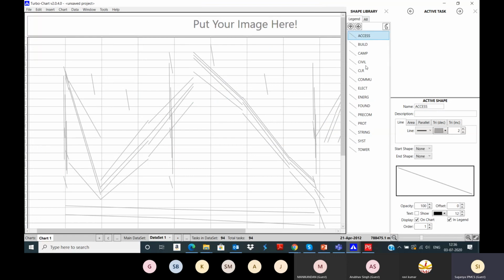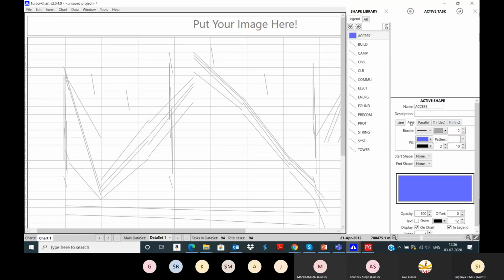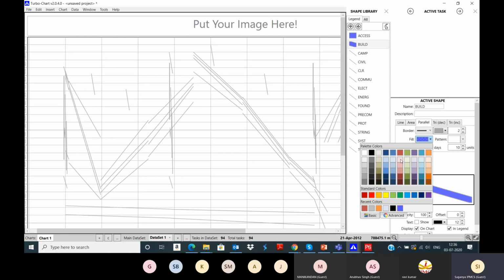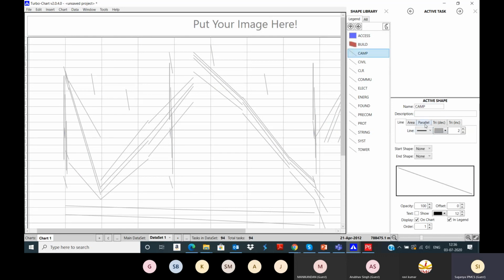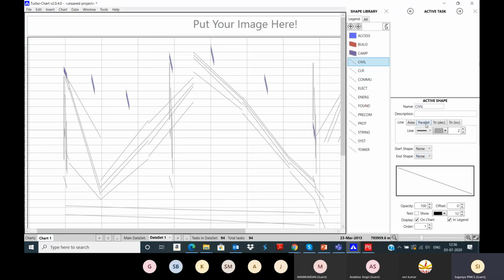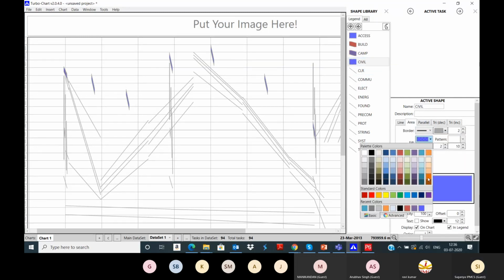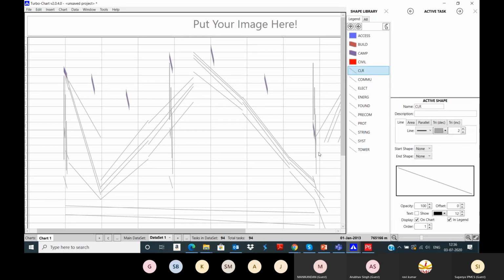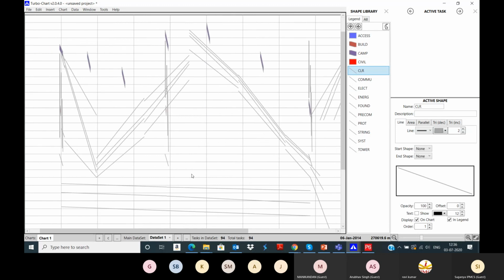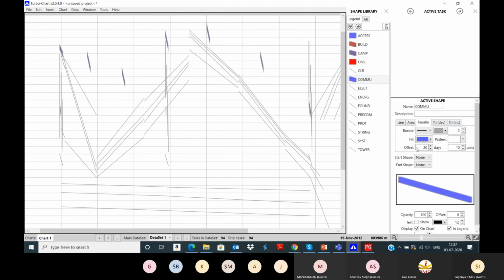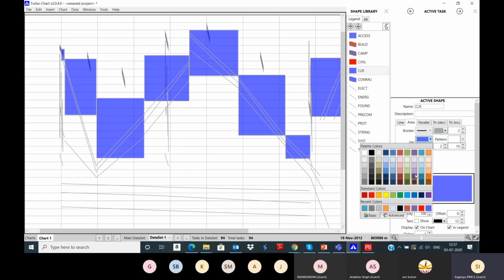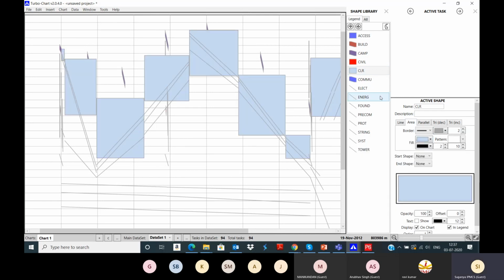Let's do the customization here. Go to access, you can go to area and then build parallel. You can change the color if required. For cam, for civil, here you can change the light colors.